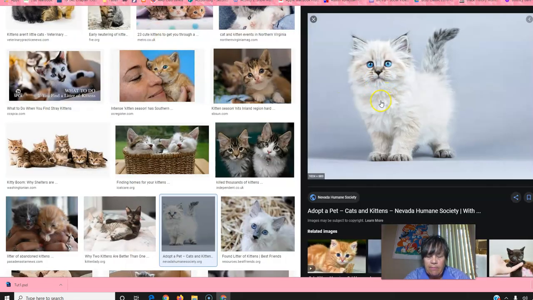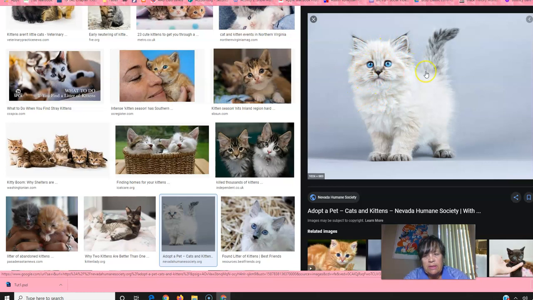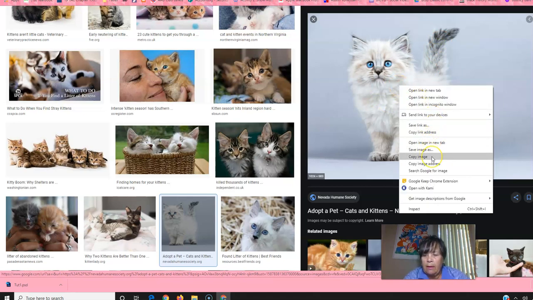Okay, and I found this cat. Now, I'm going to tell you, I don't like cats, but I want to do something that's got a little bit more of a challenge, and this cat's got some crazy fur here. So I'm going to pick this cat. It's kind of cute for a cat. Okay, so we're going to go ahead and copy this image,